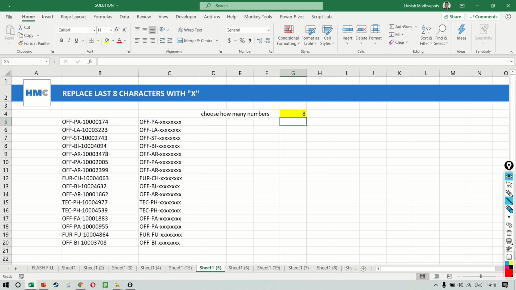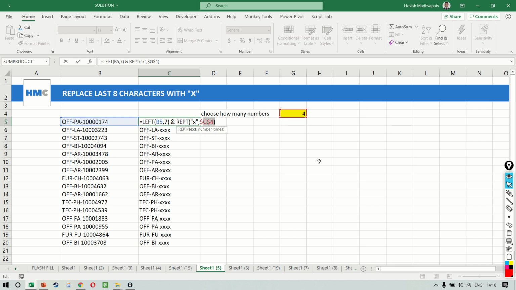Now, the problem here is that if I'm choosing, let's say, 4 X's, ideally, that would mean that I want to see the length from 0 all the way up till 1000 to come as the original value and the 0174 to come as an X. Right now, what is happening is it is only picking the first 7 characters because we have chosen that number manually, which means that the second part of the formula is working correctly. The first part cannot have a 7, which is constant.